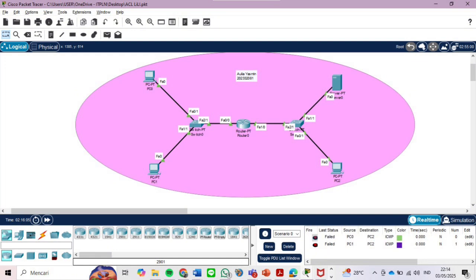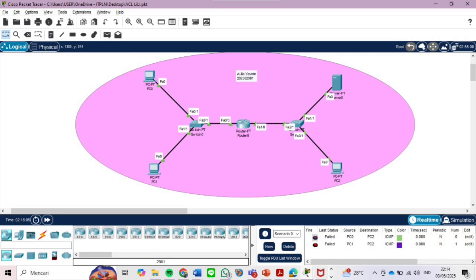An extended ACL is more specific than a standard ACL because it allows us to filter based on both source and destination IP addresses as well as protocols. So we can block only ICMP, which is used by the ping command, from PC0 to Server 0 without affecting other traffic. And here's how the ACL works in the background.